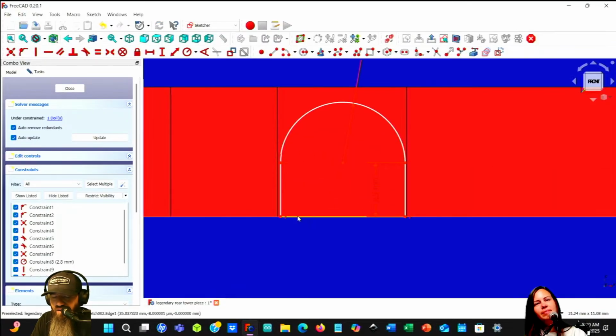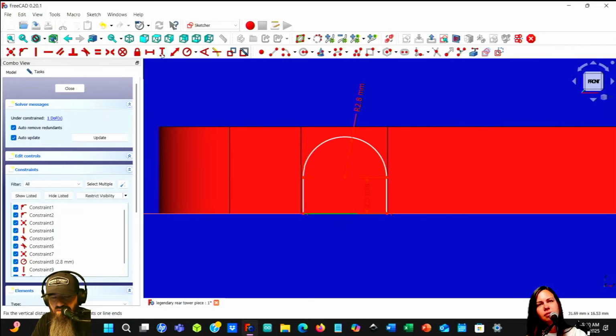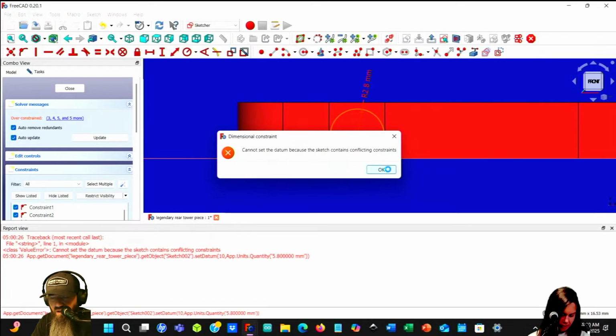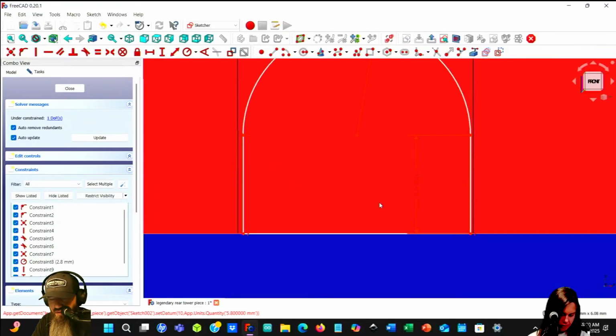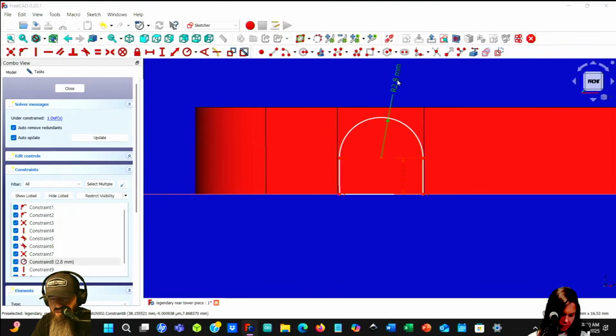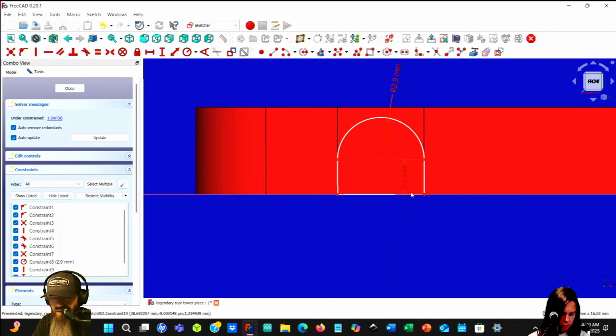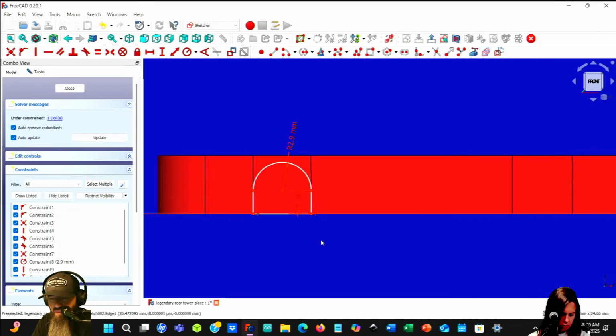So theoretically, that's the size. And then this one needs to be 5.8. What are you conflicting with then? This one? Okay, that's what we're going with then. Actually, we need to make this one 2.4 to account for that. All right, good.